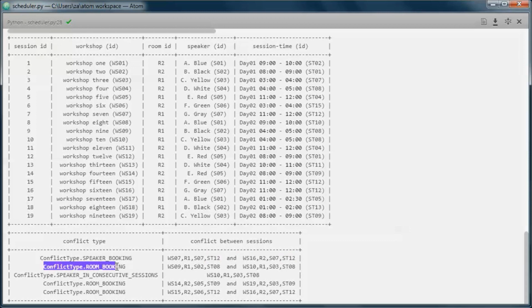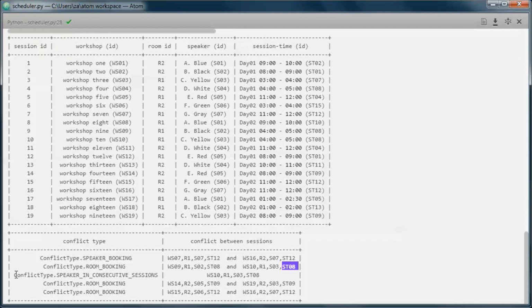And here we have 3 room booking conflicts. So for example, for this one, we have room 1 booked for 2 workshops, workshop 09 and 10 at the same session time, session time 08.